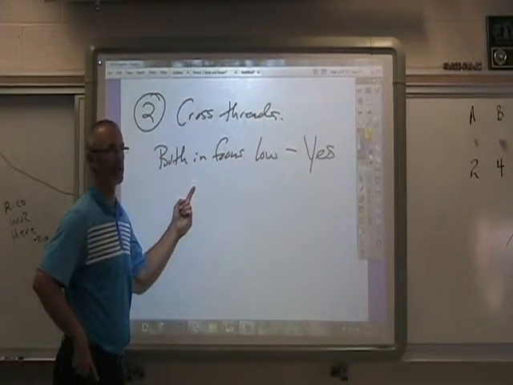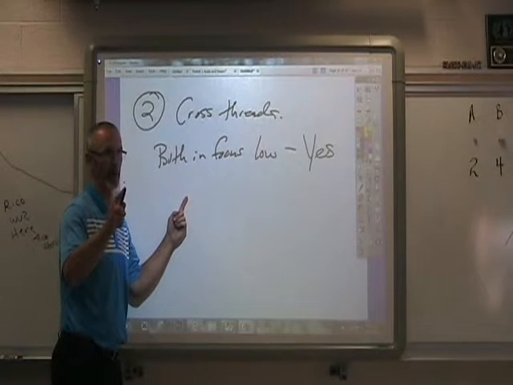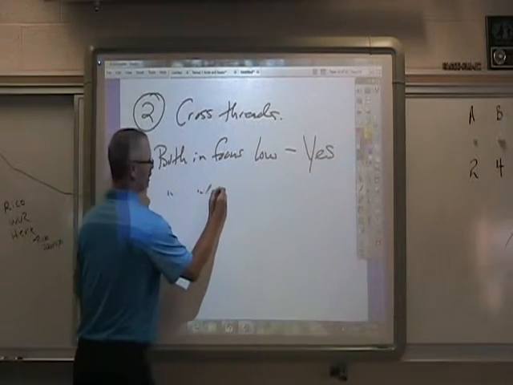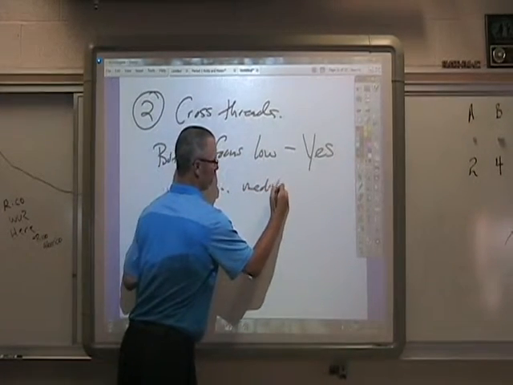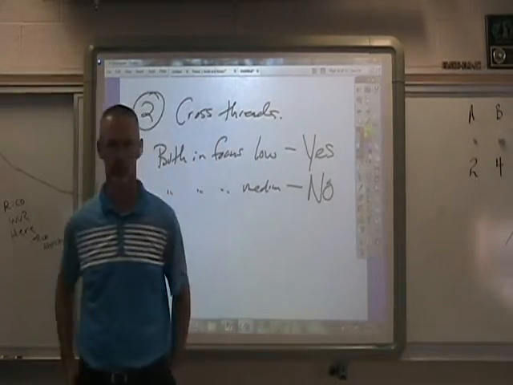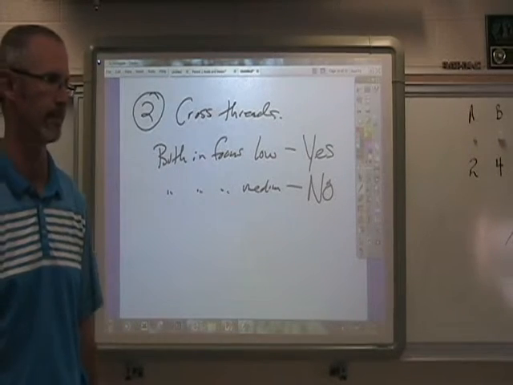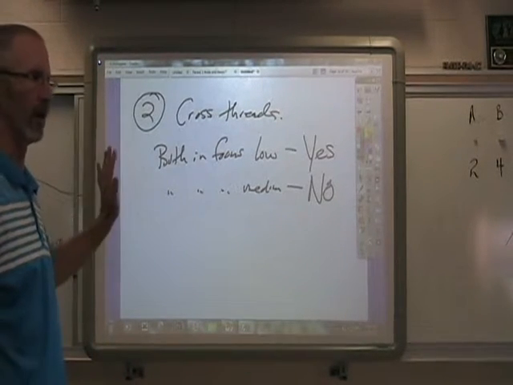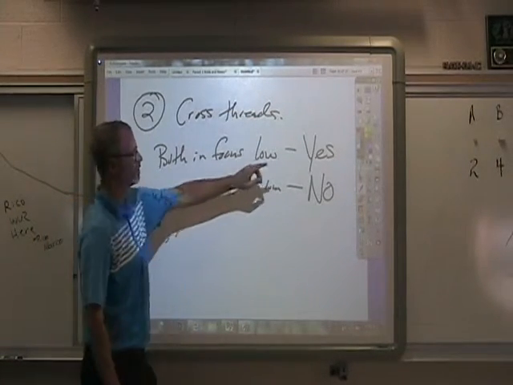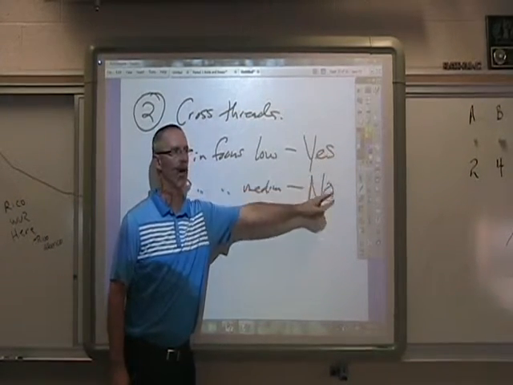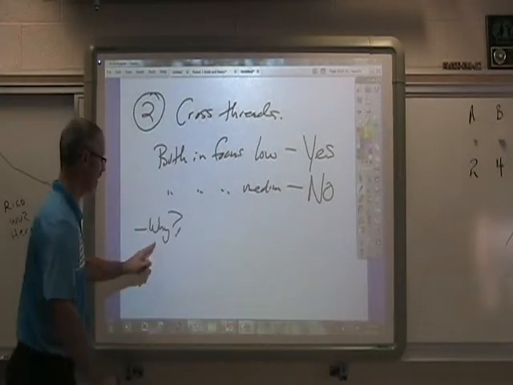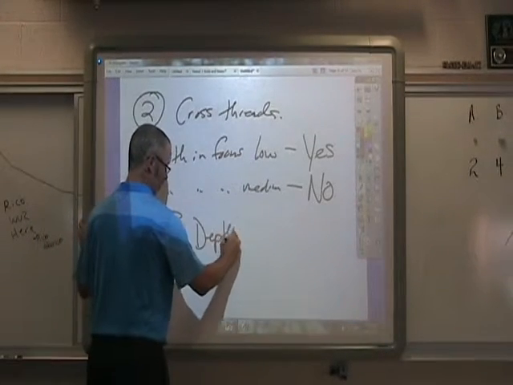The second question asked you to switch, and I changed it from high power to what? Medium, and then they asked you the same question. Were they both in focus on medium power? Answer, no. No, they were not. And this is another microscope phenomenon right here. Why can you see them both in focus on low power and not on medium and definitely not on high? The reason being is something called depth of field